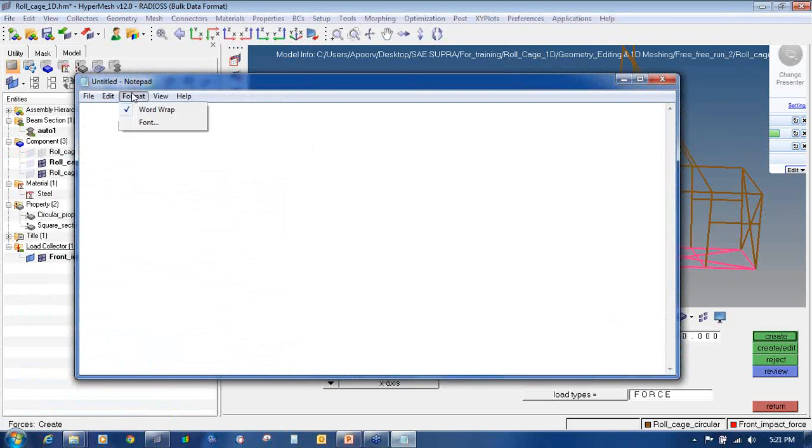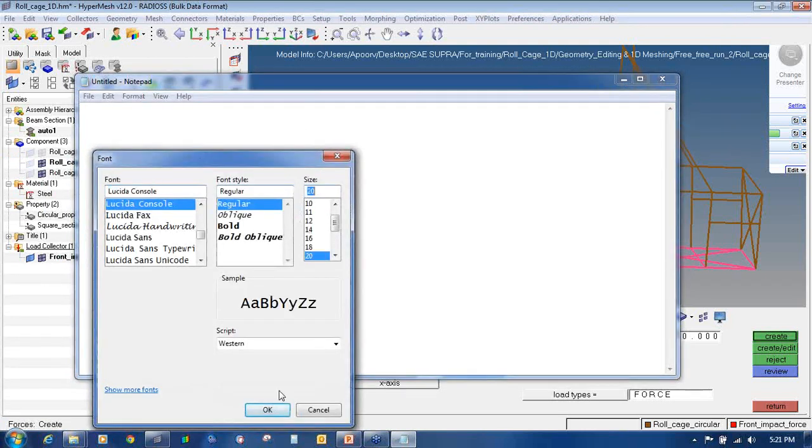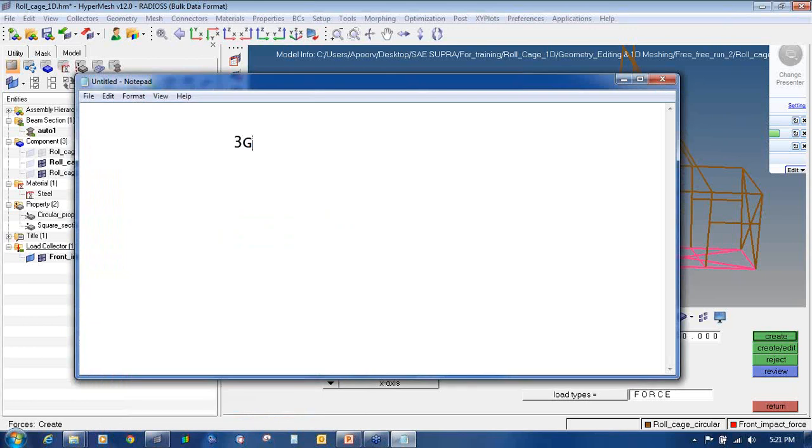So if I want to apply a 3G load, and consider the weight of the vehicle to be somewhere around 300 kg, then G will be 300 multiplied by 10, approximately 3000 Newton, and 3G will come as 3 multiplied by 3000, that comes as 9000 Newton.